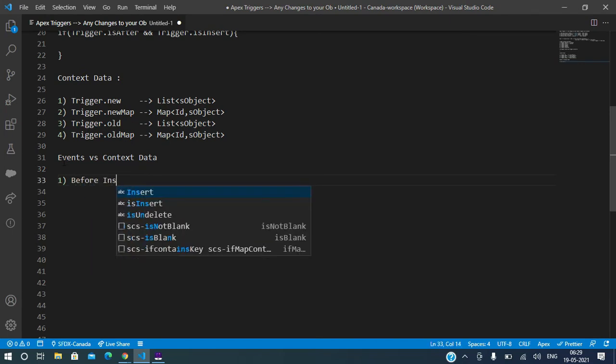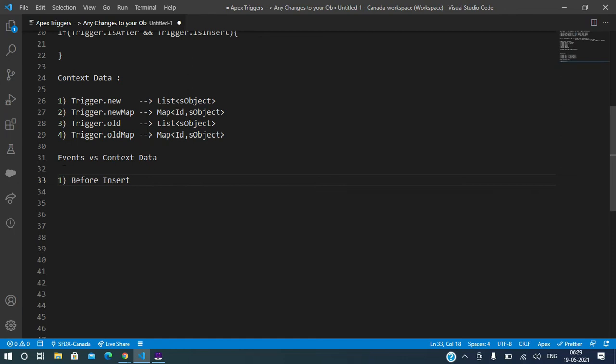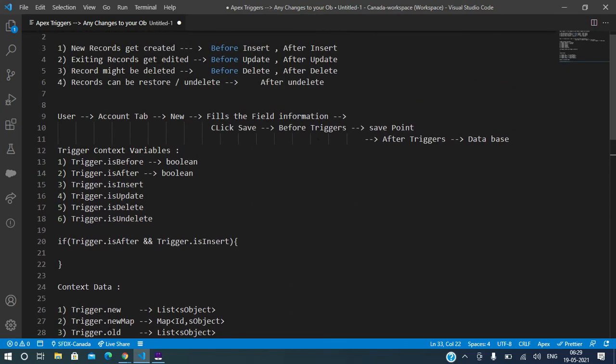What kind of context variable data can before insert have? Does before insert have an ID?